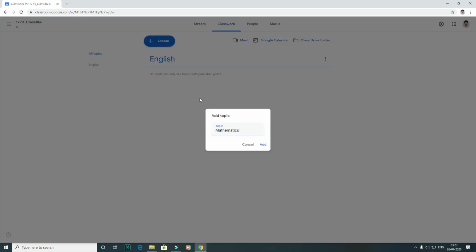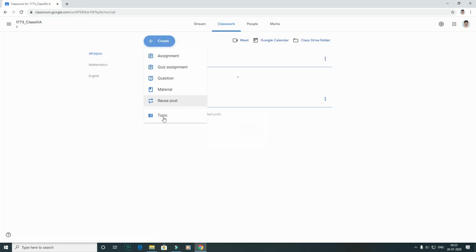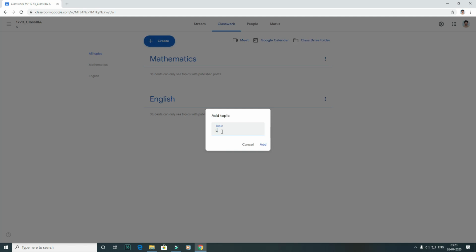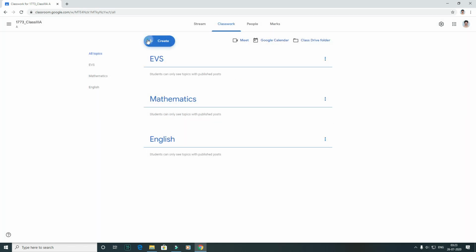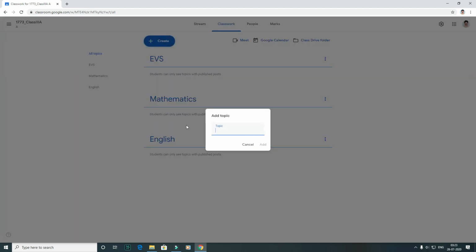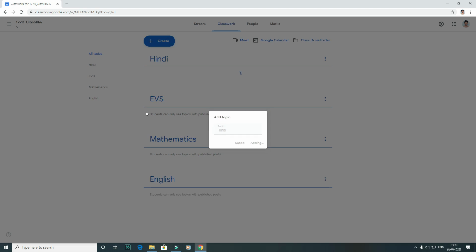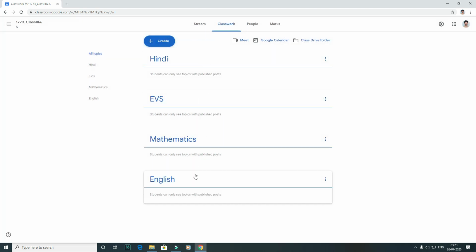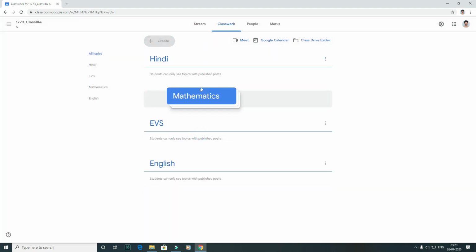Second, maths, add. Then topic, add EVS. Hindi. Like that you can add all the subjects in your particular class.